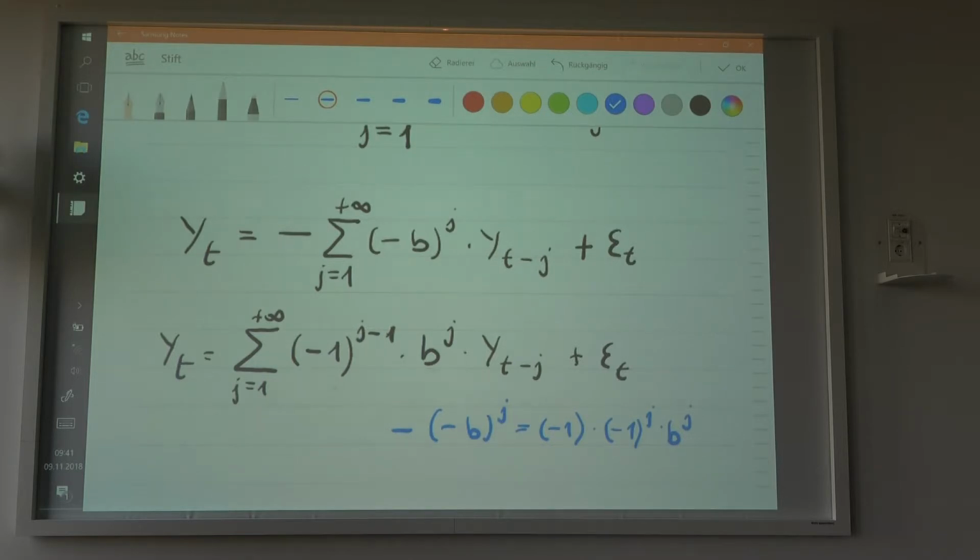Okay. So then, if you multiply two powers, you have to add the exponents. Now if you add the exponents, you're going to get the same thing here, because all that matters is whether the exponent is even or odd. That's the only thing that matters. So here you could also have a j plus 1, but that's not important. You could have that there, but you don't have to.